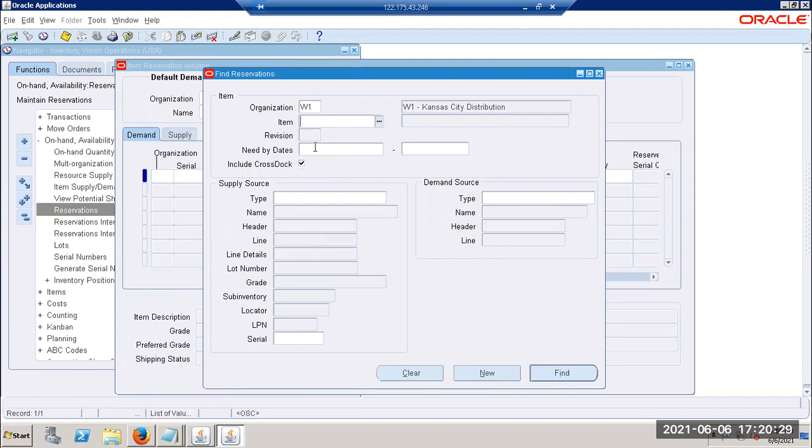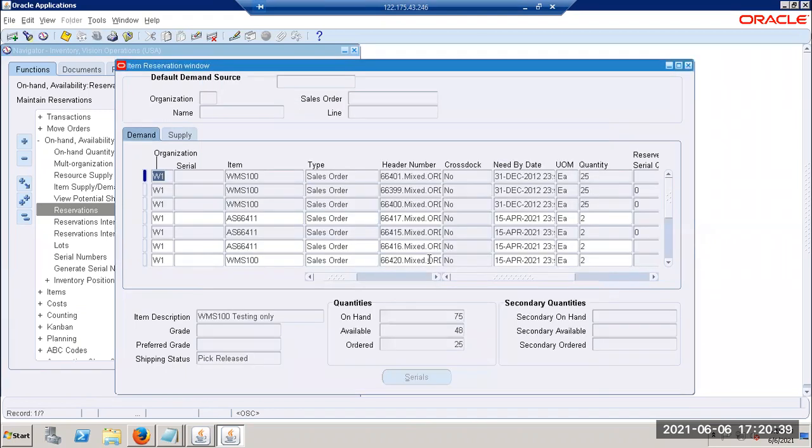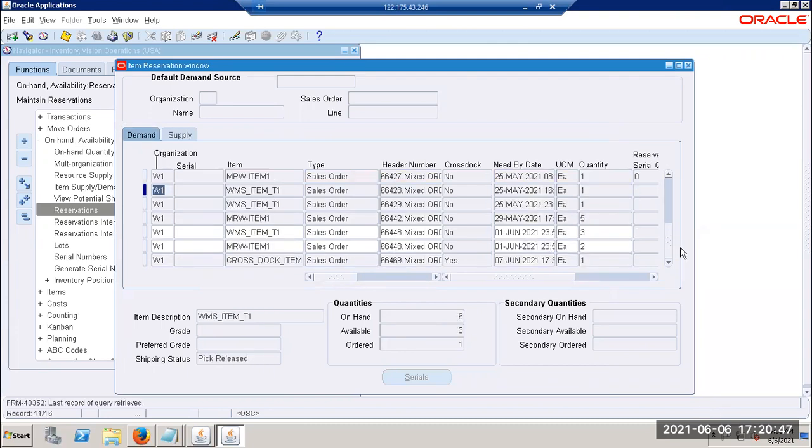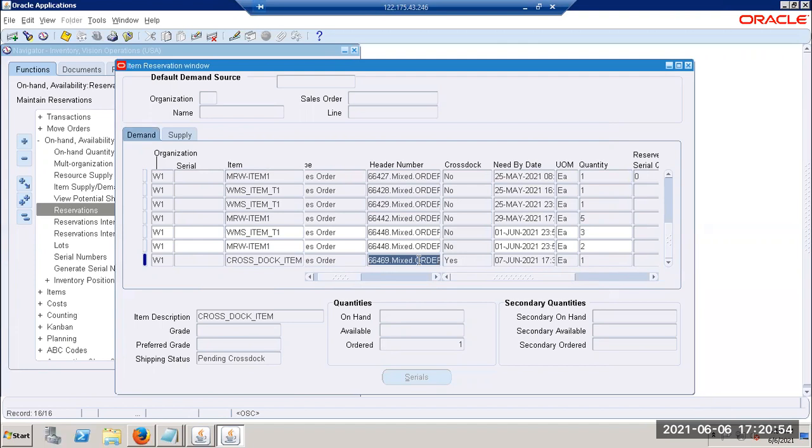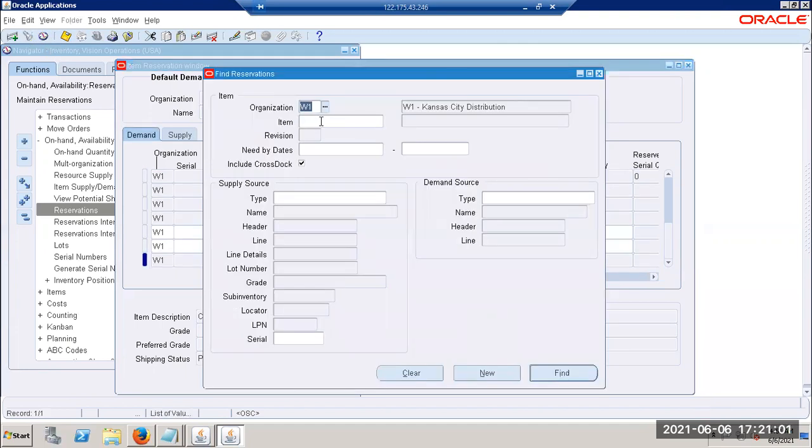Correct. So it will display everything that has happened across this. If you want, we can select the item. I'll just say find. You can do a blank search also. That's fine. Click on find. Move a little down. A lot are there. If you see the bottom right, your order came, correct. Now only search with your item. Click on find again. You can just give your item. Simple. Crossed off.